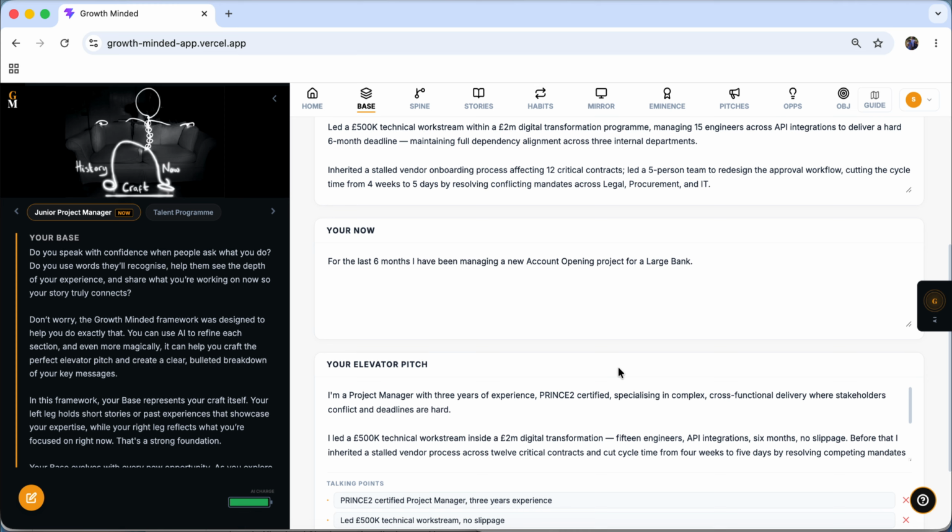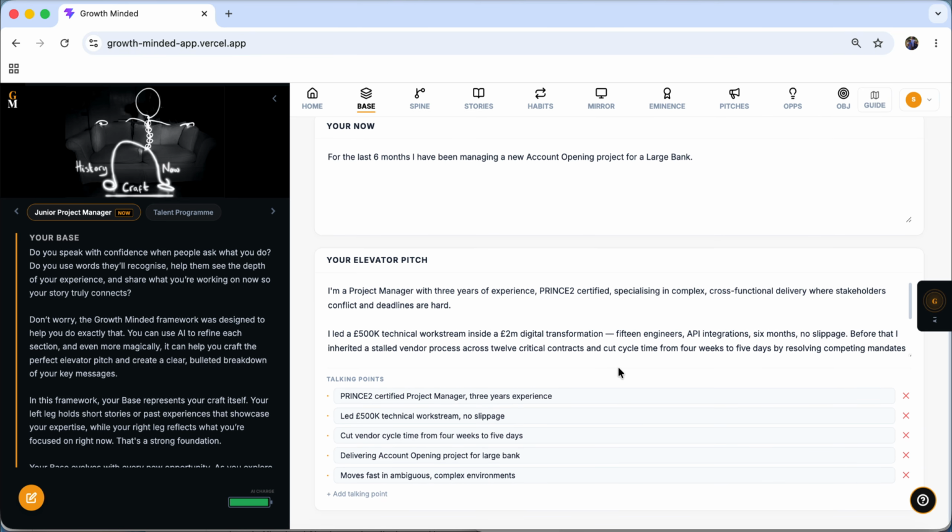But if they're saying, I'm managing this program, I'm looking for a step up, I've been on this program for the last 7 or 8 months, or it's coming to an end, or whatever that may be, it's ratifying the fact that 7 months is quite a long time. You can't be all that bad. You've been on that program for quite some time. There's a logical reason why your now is reinforcing your craft as a program director or project manager. So that's the 3 sets of the base.